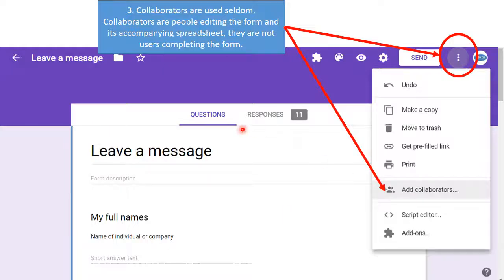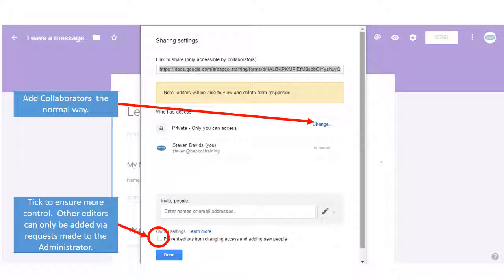We want to have stability in terms of the forms themselves, and therefore we do not really add collaborators. We keep it, and should it become necessary, I think we will limit it to the utmost. The collaborators, you add the same way that you change permissions, namely